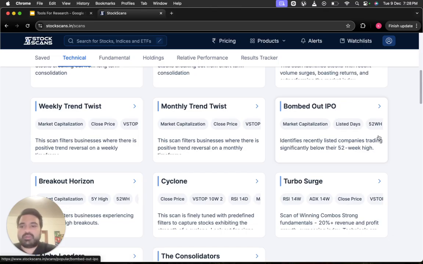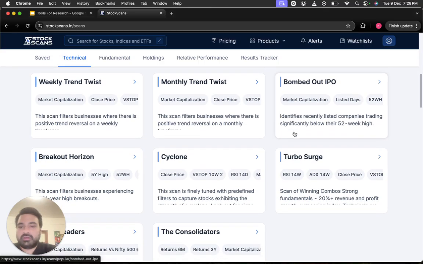So it takes some time, and that usually causes the stock price after the IPO to plummet. And then, as the company gets more used to being a public company, as the numbers pick up to match the valuation, they see an uptick. You can see this model in various companies like Mrs. Bectors Foods, in Eternal, in Paytm, and many, many other companies.